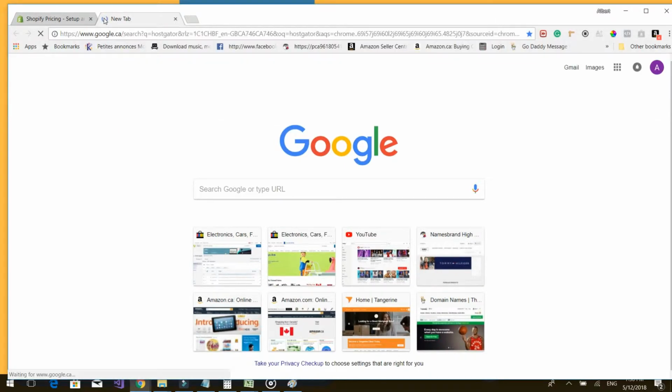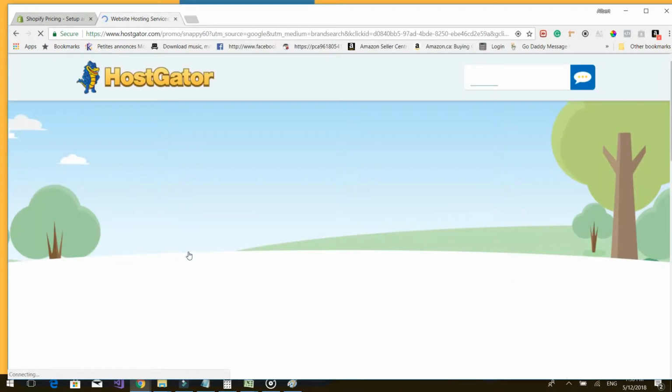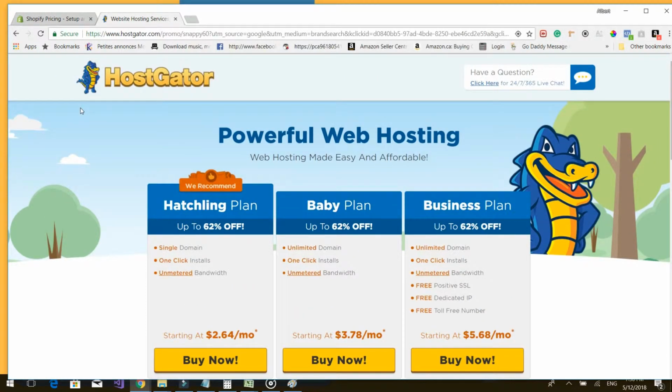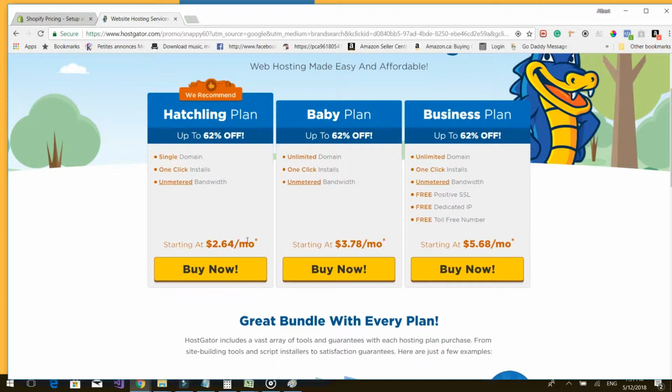All right, so if we type in HostGator right here, let's go into the website. All right, so it's web hosting. Now, the advantage of having your store on HostGator is that you have a lot more control. I find that you can change so many things and you're not gonna be spending a lot of money, especially if you're a beginner. You want to save your money for later on when you're gonna have other expenses. So look over here,